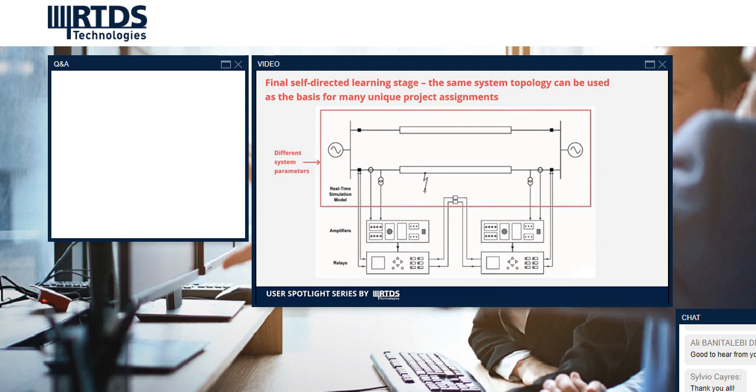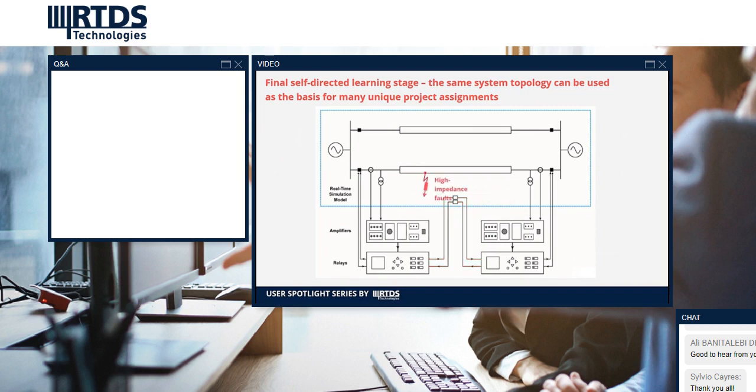You can give each student different system parameters at a minimum. So for example, one student can be given a 275 kV network, another can be given a 132 kV network with different parameters. The students can each be given different relay communication schemes for impedance schemes, permissive overreaching, permissive underreaching. Each time you're making it a completely different project effectively, so the students can't go to school on other students'